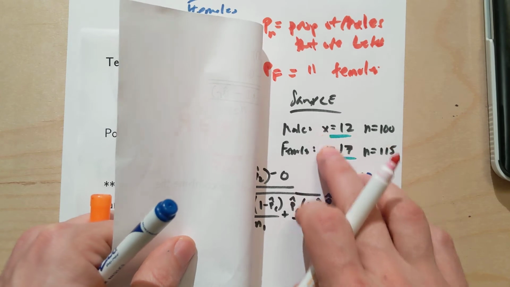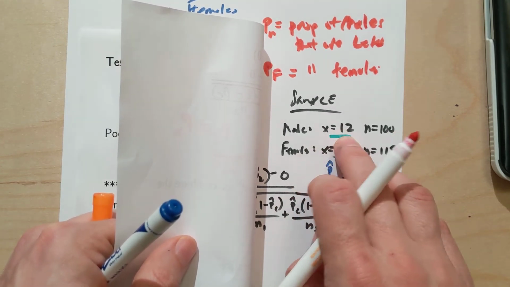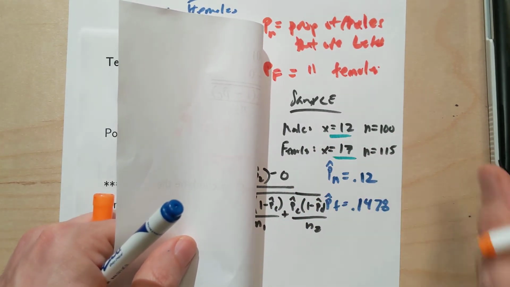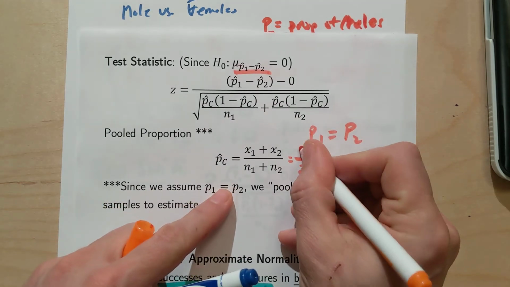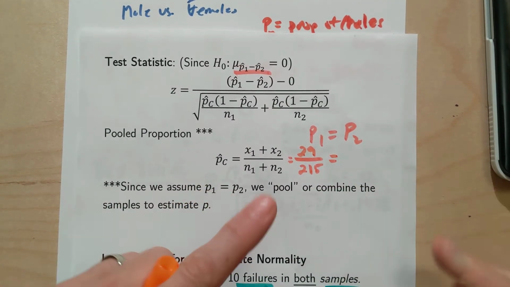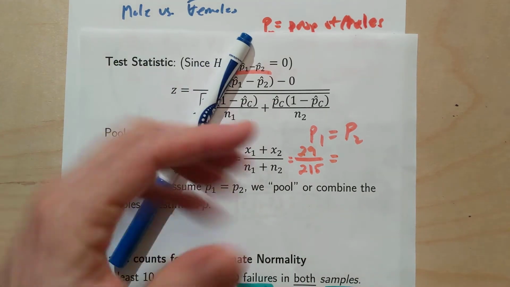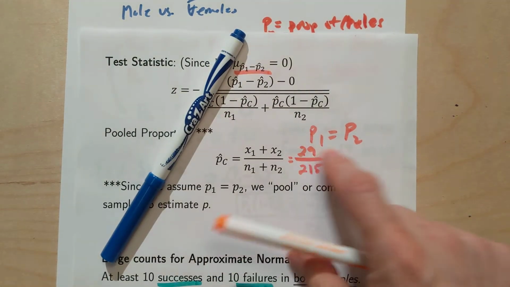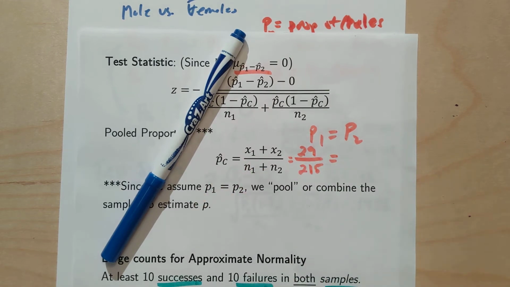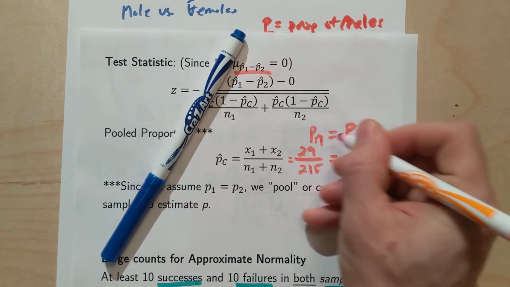And then how many people were left-handed altogether? If I combined the samples together, it would be 12 plus 17, which is 29. So an estimate for the proportion of left-handed people altogether, if there really is equality between males and females, and remember, this was PM,